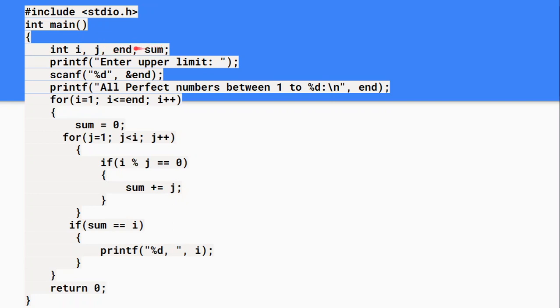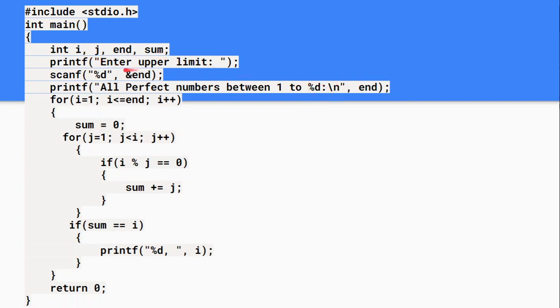Actually, what you are going to do is go from one number to some other number. For example, 1 to 10 or 5 to 100 or 10 to 1000. So that is the lower and the upper limit. We are going to find the perfect numbers from 1 to the upper limit. That means 1 to 500, 1 to 1000, 1 to 100 or 1 to 10, whatever it may be. That is the upper limit, and the lower limit is 1. That is the program given to us: find the perfect numbers between 1 and any number n.